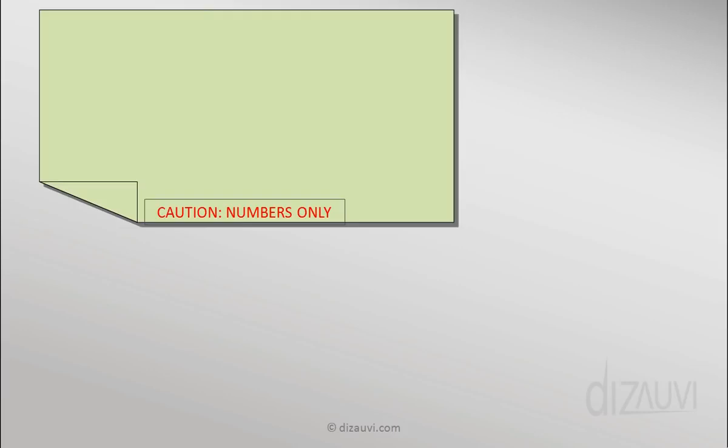Now, to understand the idea of character set or character encoding or character mapping, assume that you have a magical piece of paper, the post-it kind which you use in office for displaying reminders at your desk or study table if you were a student. And the magic in this paper is that it can only store numbers. So if we write anything which is not a number, it will get erased automatically, okay?